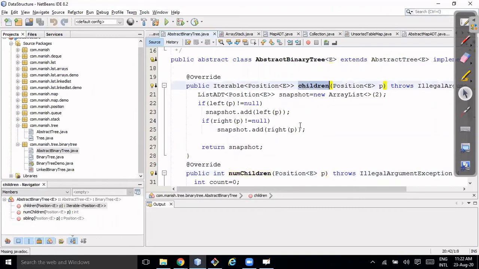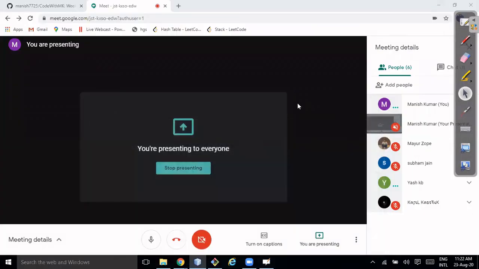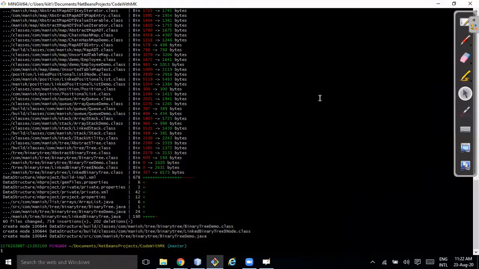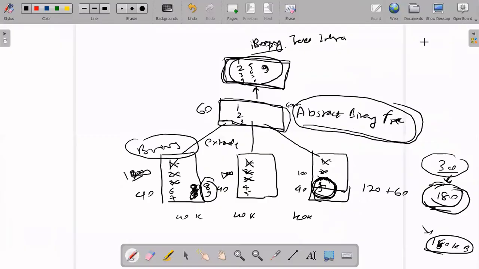I don't need to write the children. And if I want to add, I'll just override it. So it's always good to have that flexibility in your code. In future, if someone asks you to add more features of heap to the binary tree, you can add them anytime, right?